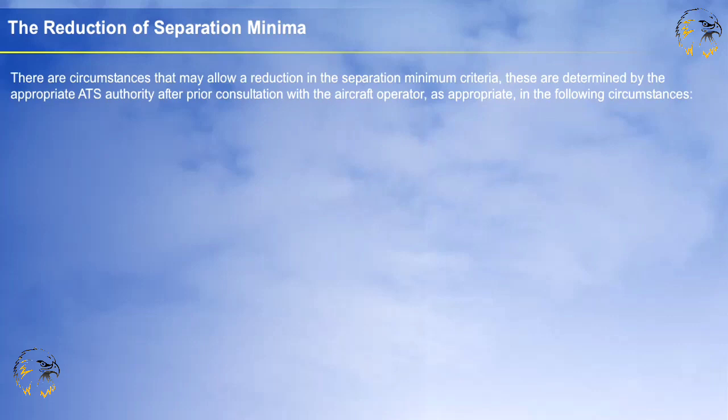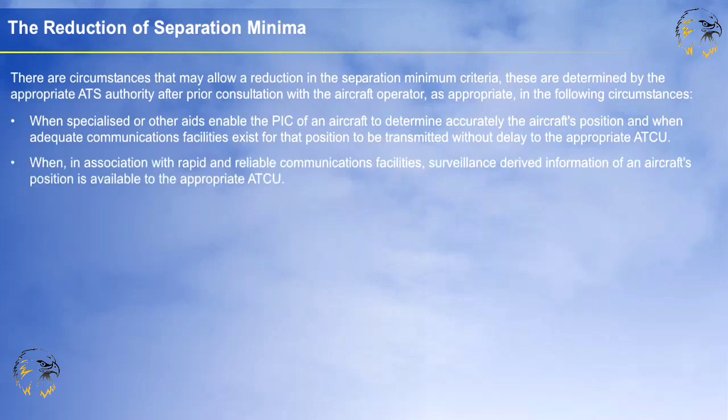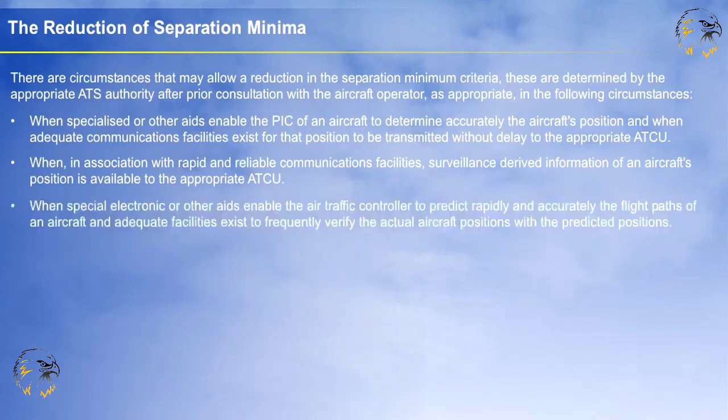These may happen in the following circumstances: when specialists or other aids enable the pilot in command of an aircraft to determine accurately the aircraft's position, and when adequate communications facilities exist for that position to be transmitted without delay to the appropriate air traffic control unit, when, in association with rapid and reliable communications facilities, radar-derived information of an aircraft's position is available to the appropriate air traffic control unit, when special electronic or other aids enable the air traffic controller to predict rapidly and accurately the flight path of an aircraft, and adequate facilities exist to frequently verify